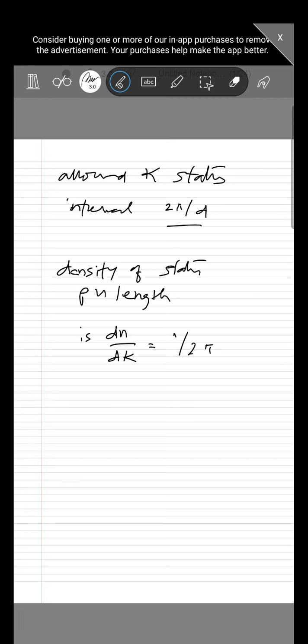So the current I, which we have written as dN by dk into dk by dE into eV, becomes 1 by 2 pi